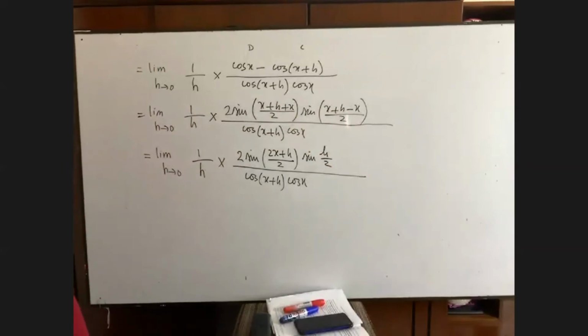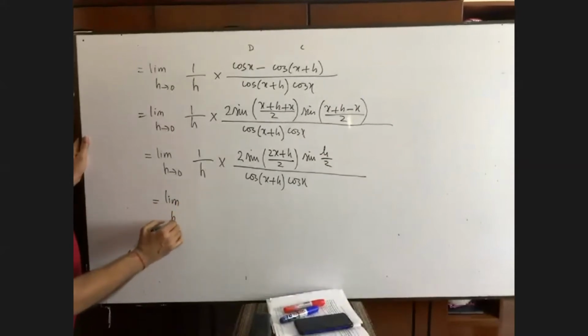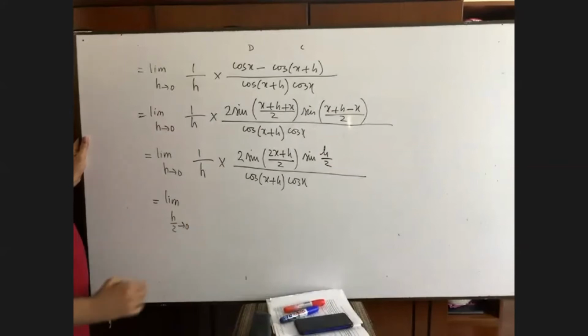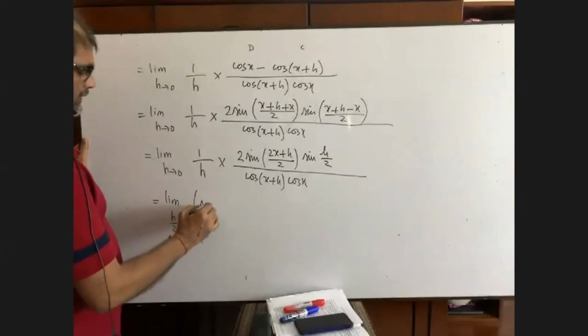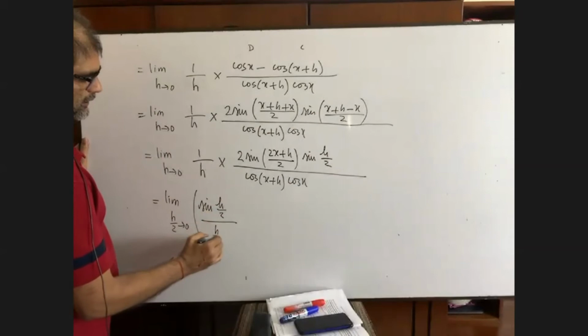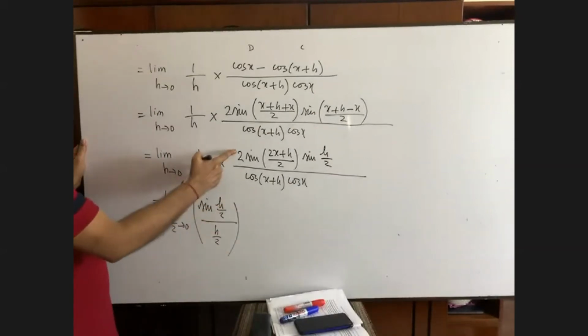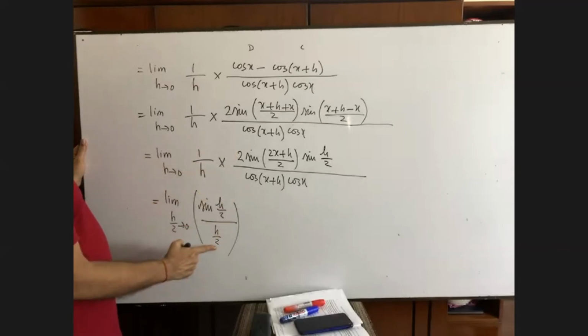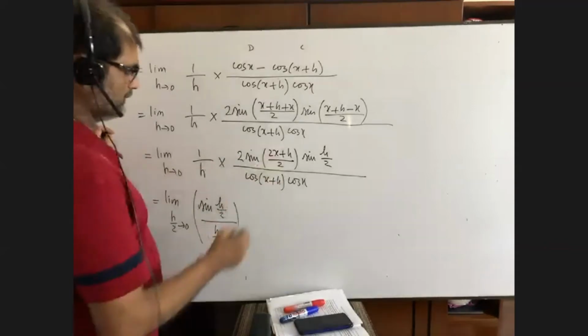For us, we have come to the end. That means limit h by 2 tends to 0. We can write here sine of h by 2 by h by 2. You see, this is h in the denominator, this is 2 in the numerator. Here it is 2. If I give a multiplication sign, it will be inverted. That is called inverted row. Then we are left with, you see,